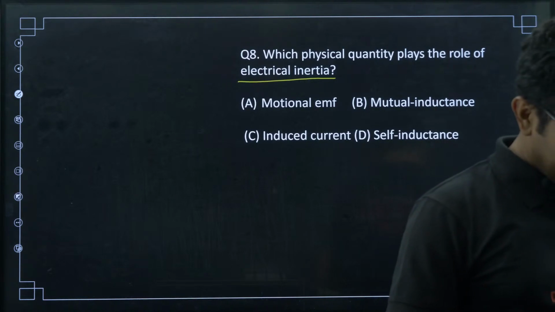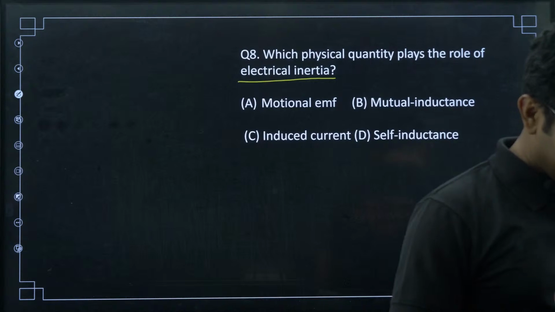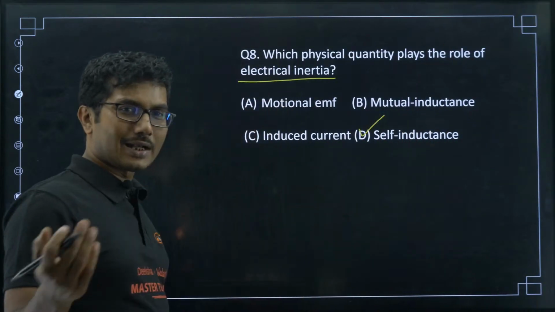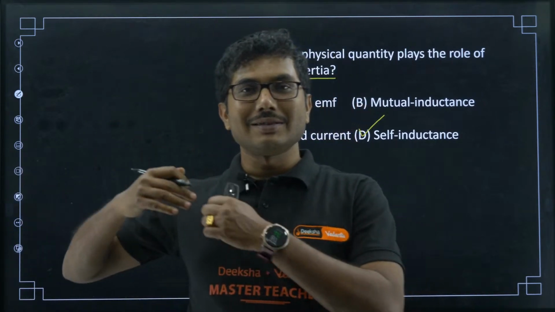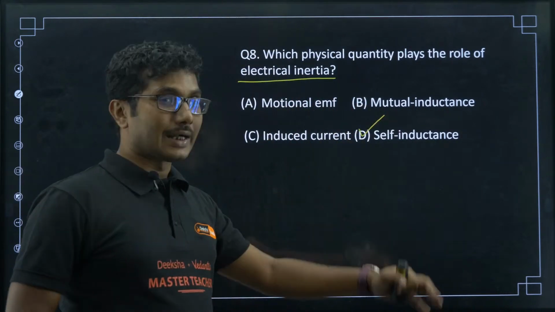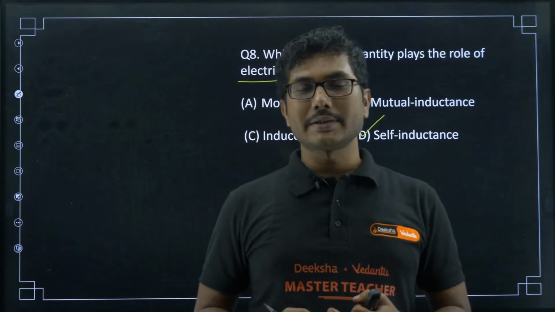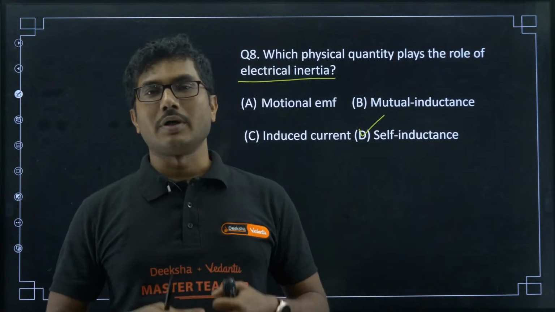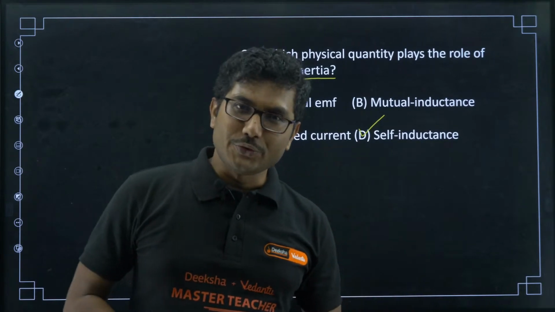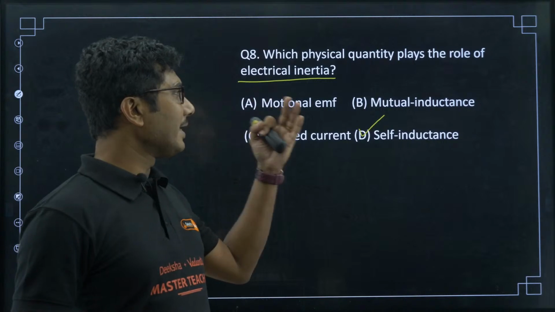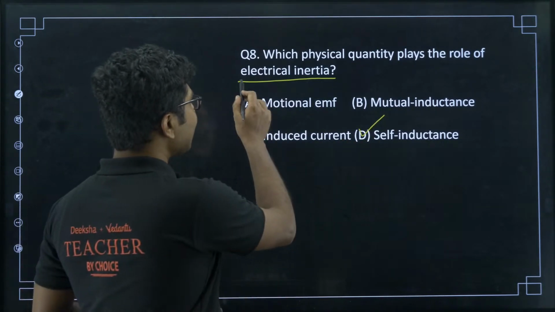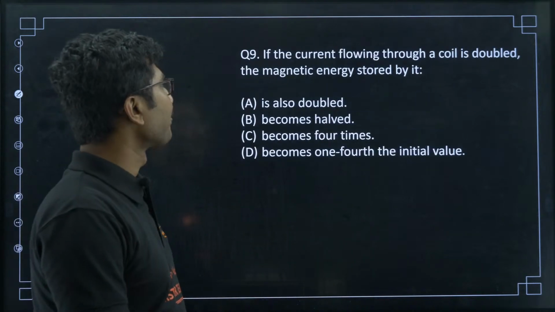Karthik is saying 8C. Radha is saying 8D, Karthik has now corrected to 8D, Shagupta is saying 8D. Yes, self inductance. Only one conductor. One conductor self inductance is more natural than mutual inductance. Mutual inductance is only when 2 conductors are present. Otherwise, all conductors try to prohibit the motion of any charge through it by applying self inductance. Self inductance is basically another term for electrical inertia. So electrical inertia and self inductance are the same.